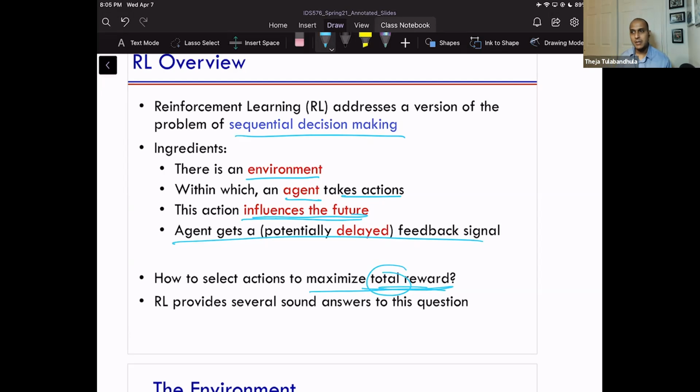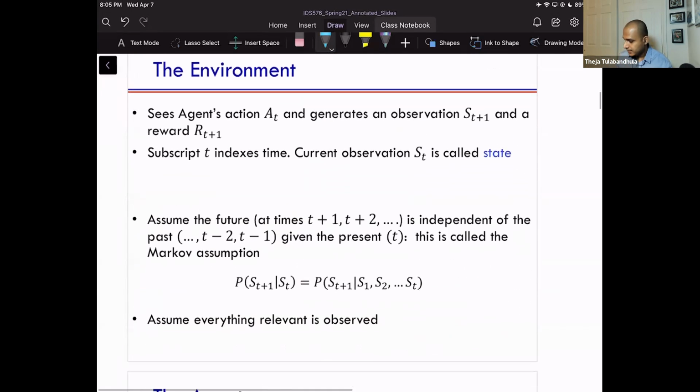Maybe initially when the agent is new to the environment, it doesn't know what to do. But after taking different actions in different states, different situations, maybe the agent can figure out the best thing to do. That's the idea. So what's the environment? The environment sees the agent's action. Now we are talking about symbols, and these symbols we are going to use repeatedly, so do pay attention. The environment sees the agent's action A_t and spits out